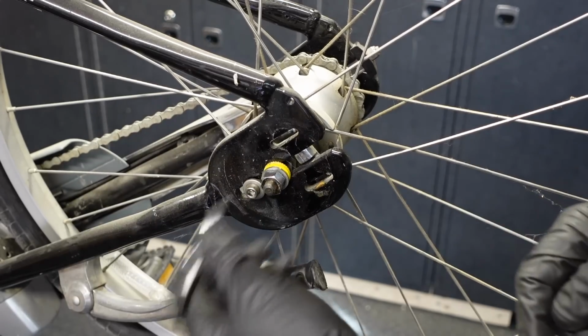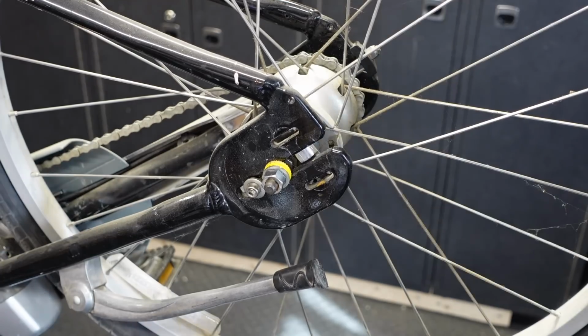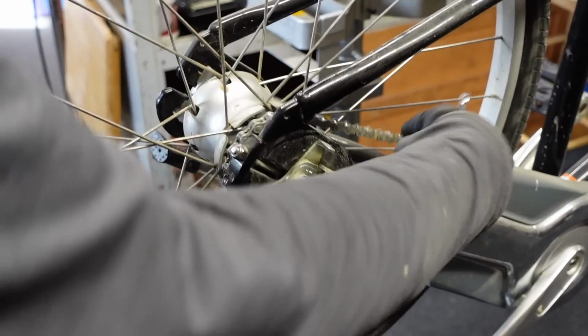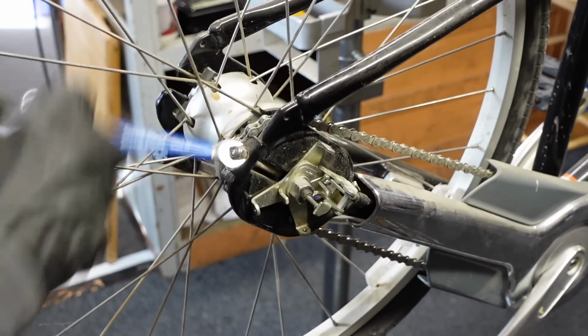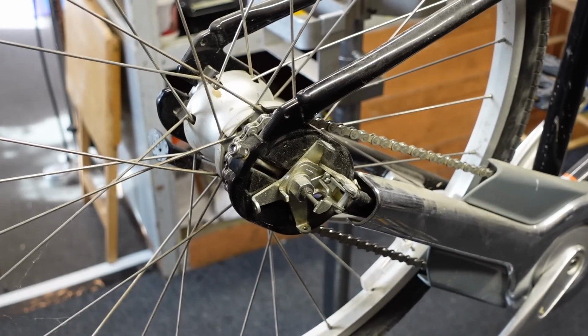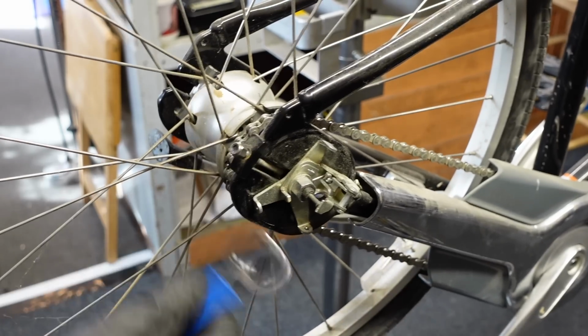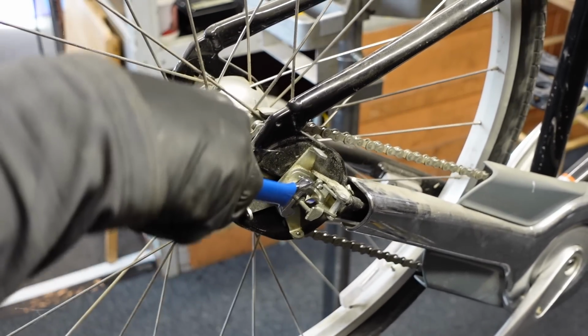So we'll just remove those 2. We're just loosening that one. And we'll go over to the drive side. So this one actually has a really good chain tension, but we're gonna loosen this up. And hopefully get that out of the way. And then this one's a little bit harder to grab onto with a wrench, but